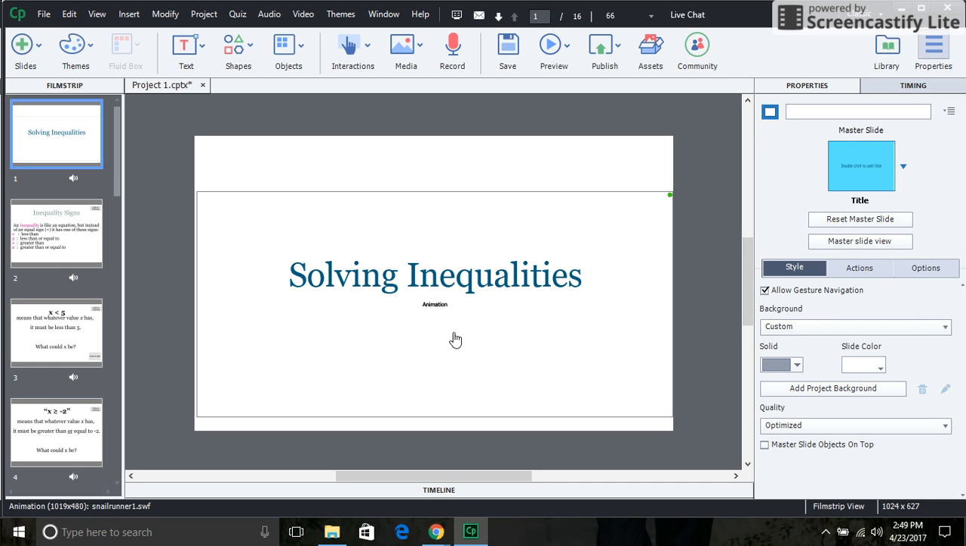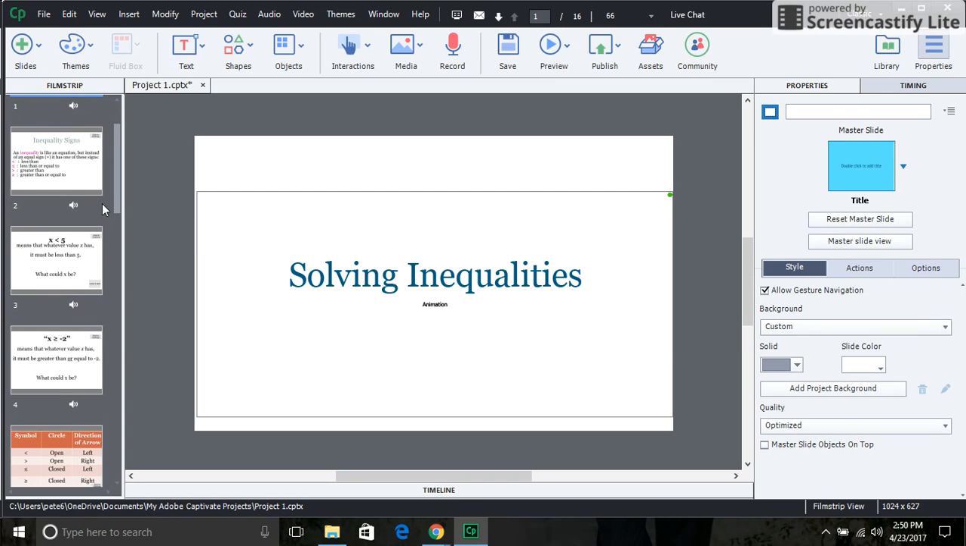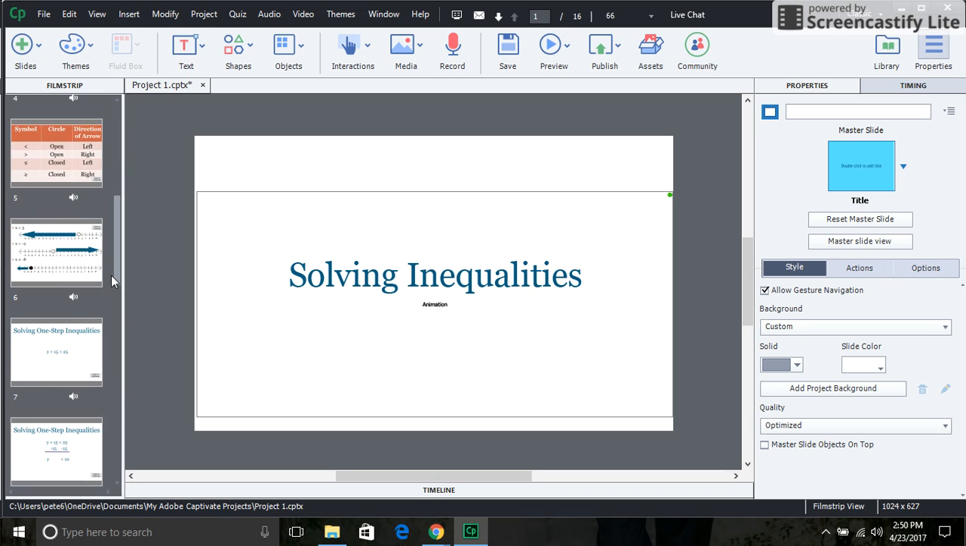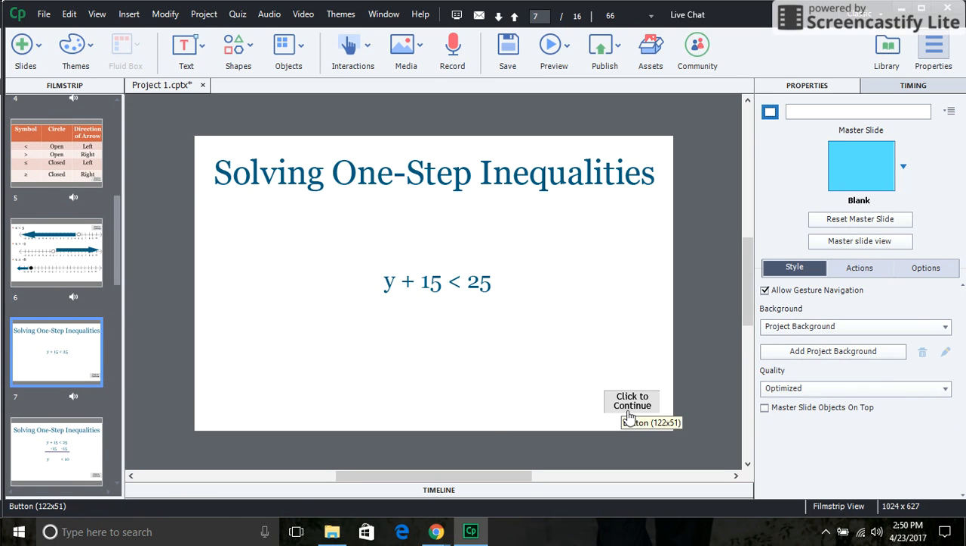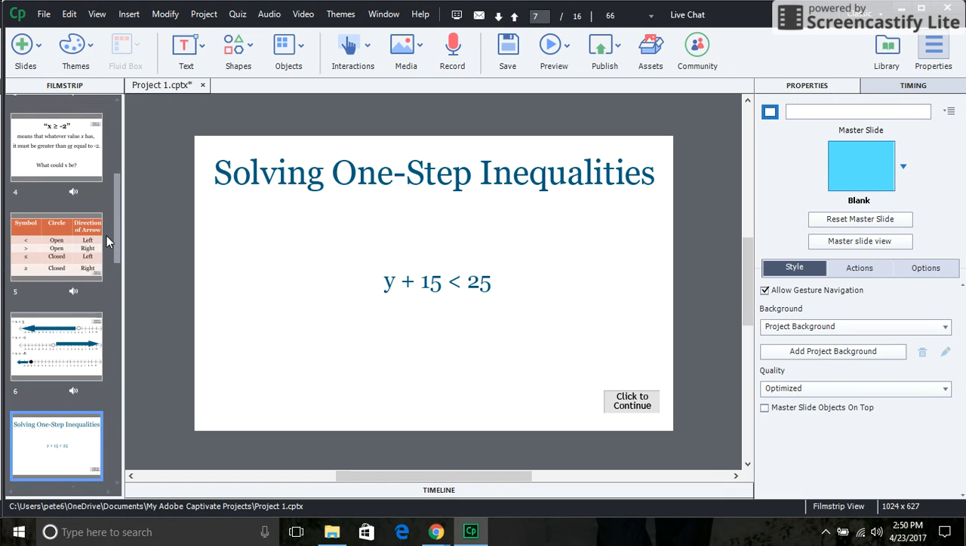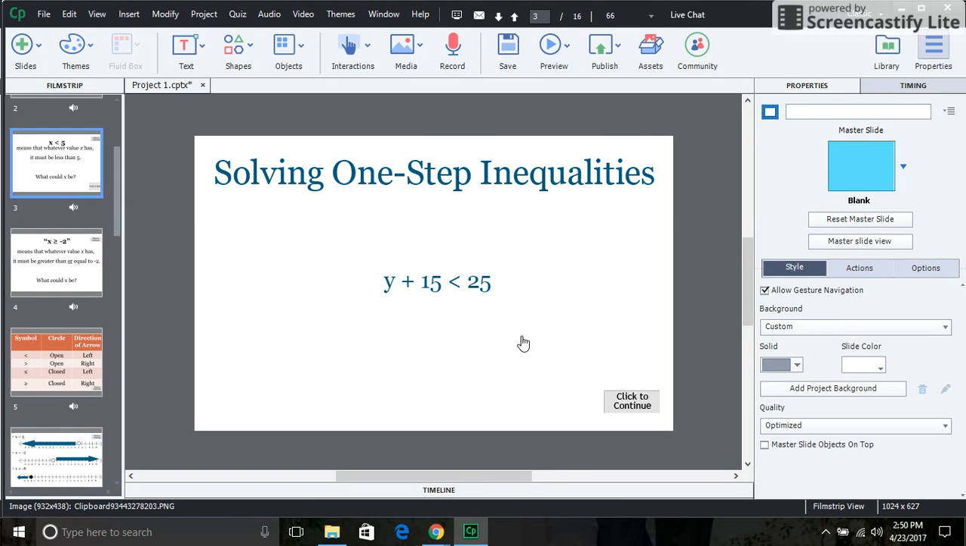I did add my animation on the first slide, which is an obnoxious snail that crawls back and forth. On several of the pages, actually I think all the pages, I included a button to click to continue. And then I had, here's one of them,